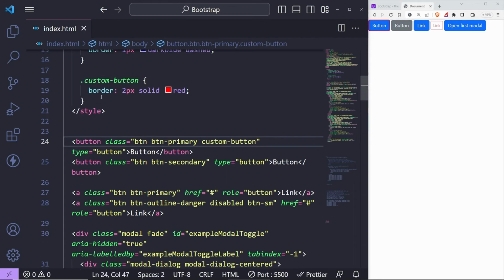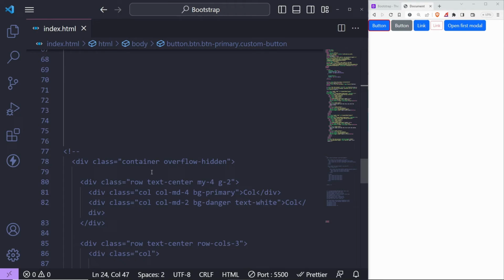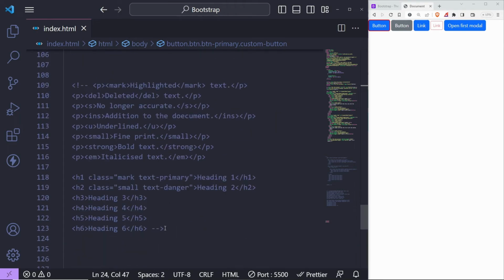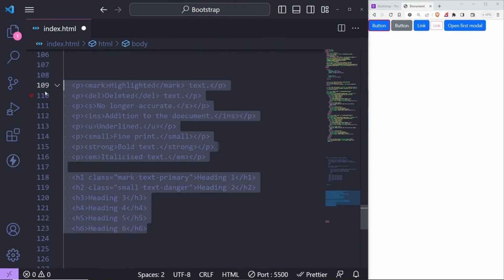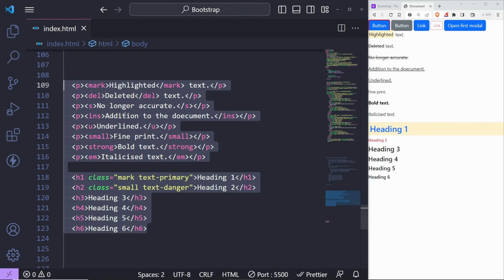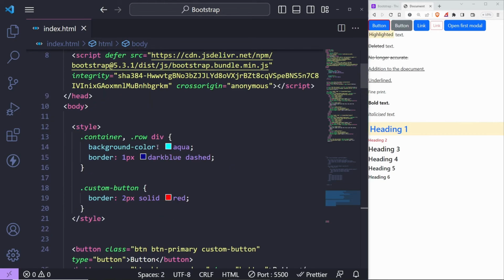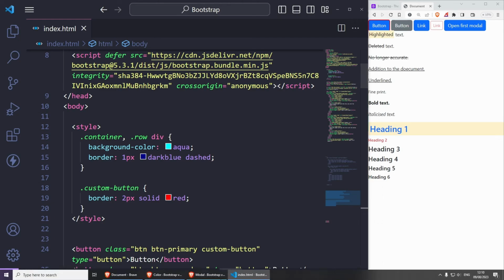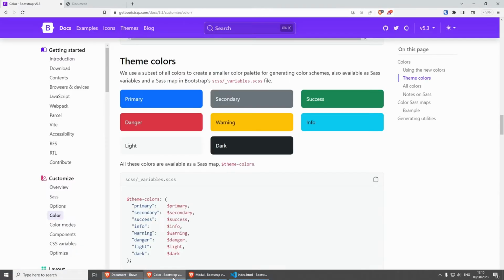And just like that, you can create your own custom class names or your own custom components and change them. With the CDN, one thing that you might want to do, for example, is to change the typography. So if I was to uncomment the typography super quickly, just so we have something on the screen here, one thing to change the typography is to override the Bootstrap variables. So if I was to go on big screen,